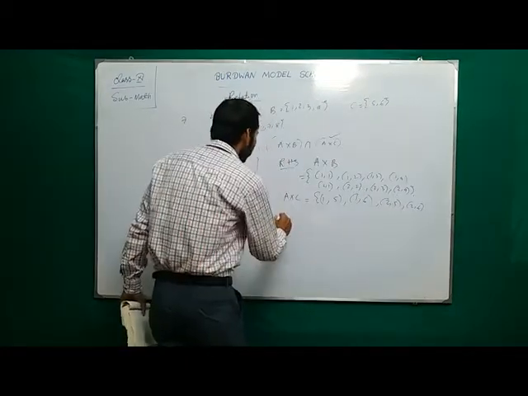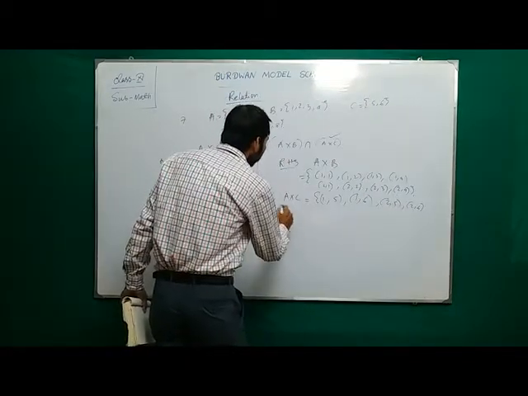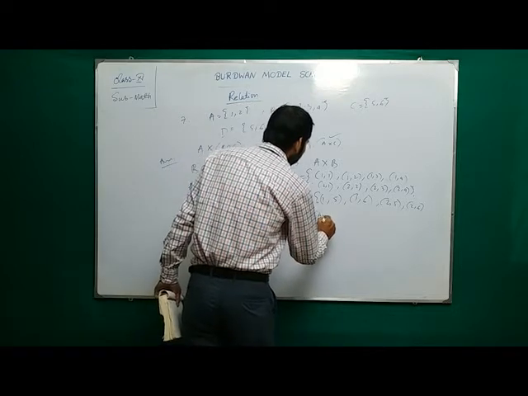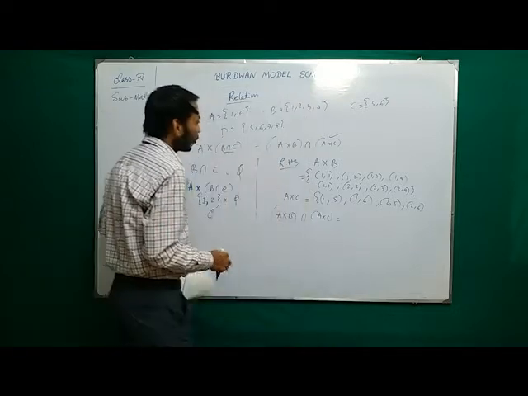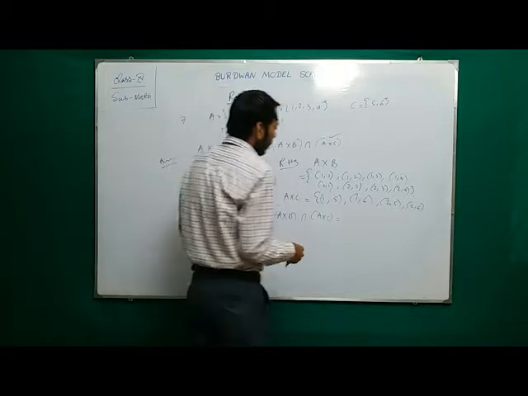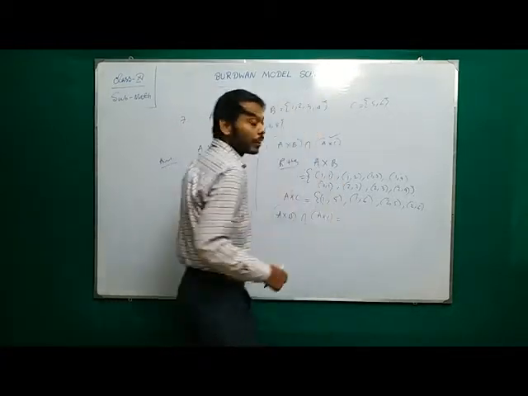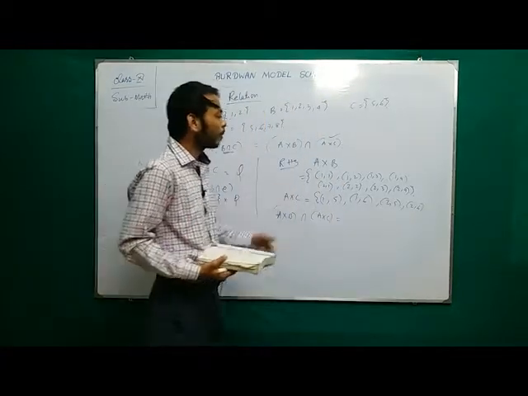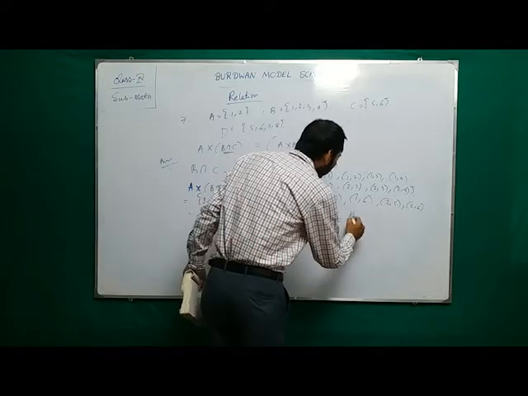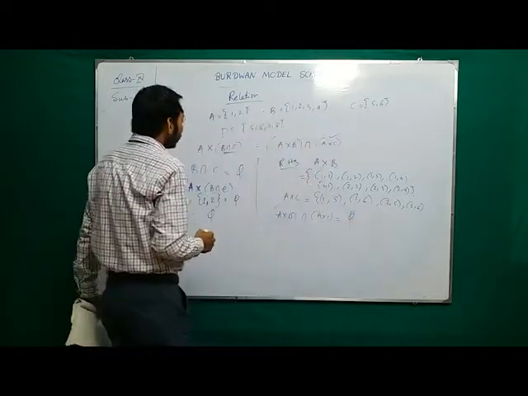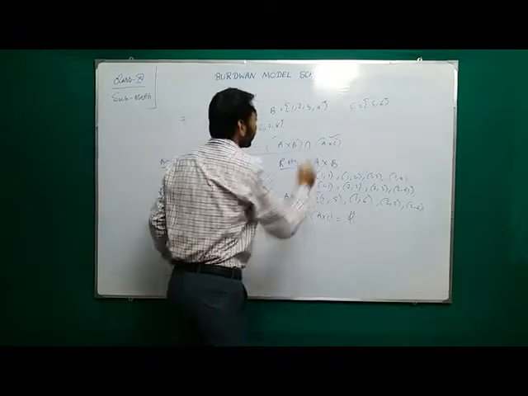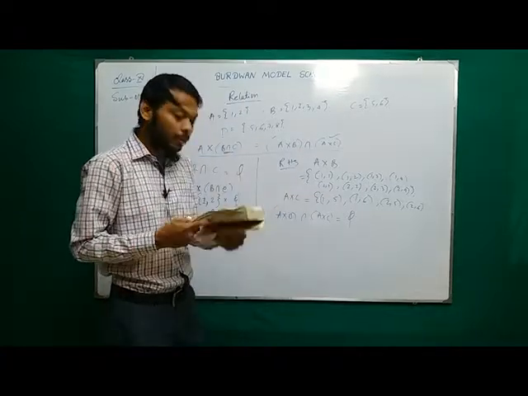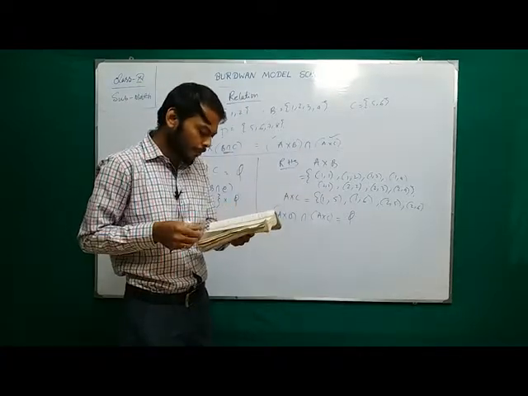Now the RHS is (A cross B) intersection (A cross C). So you have to find out the common element of A cross B and A cross C. Just look at here, look at the whiteboard. Here A cross B and A cross C contain no common element. So here we can conclude that it is again a phi. So the relation is verified. In the similar way, you can do the next problems.